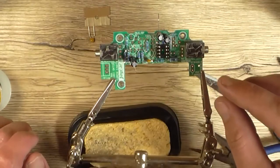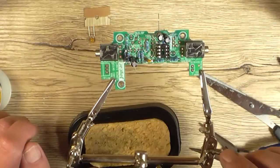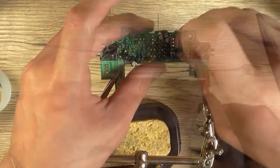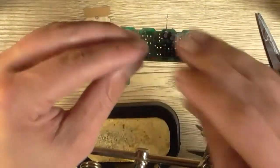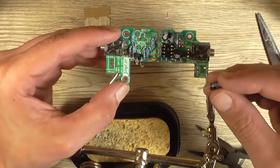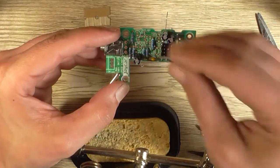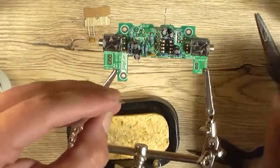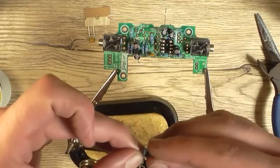Right, so that goes there, next to the IC. I'm having fun doing that. So that goes there. Which goes...